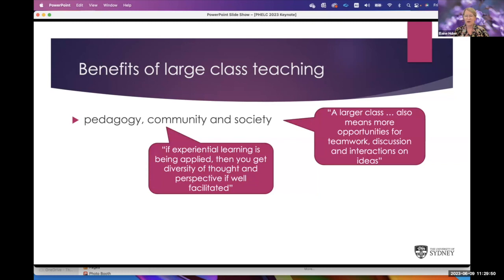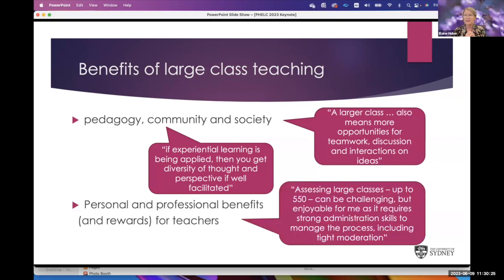So I keep referring to benefits, and I know sometimes the benefits come later when we reflect and think about what happens. But in that research study, our participants did talk about two main areas. One was around the pedagogy and how you can harness the benefit of the crowd to use different technologies and harness that diversity. How they felt like they were giving back to society in terms of being able to deliver high quality education to a wider range of people through the bigger cohorts.